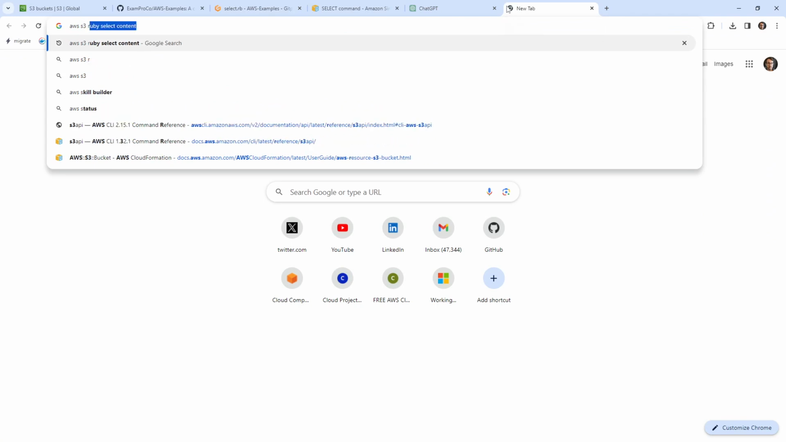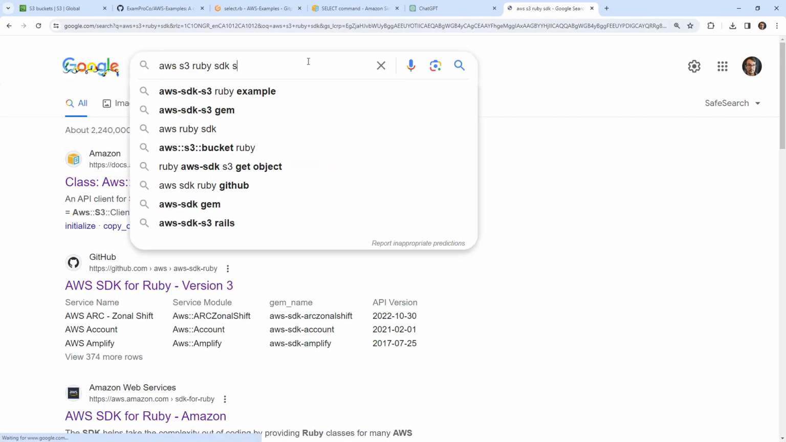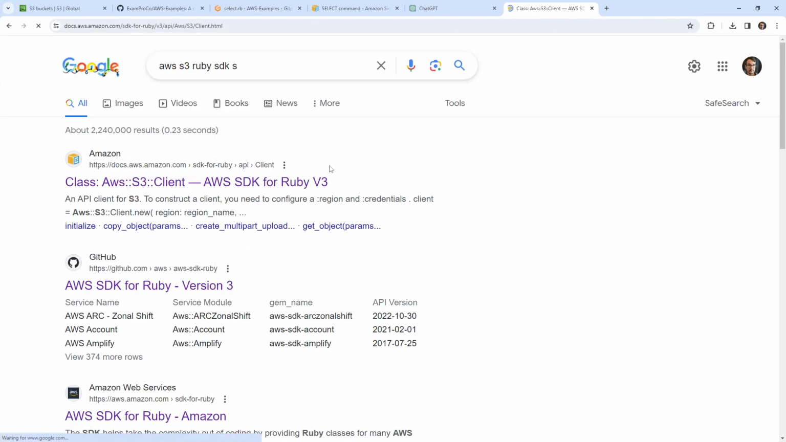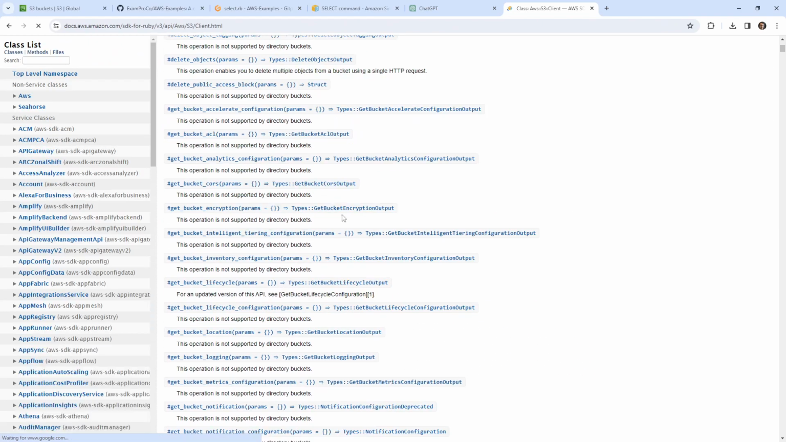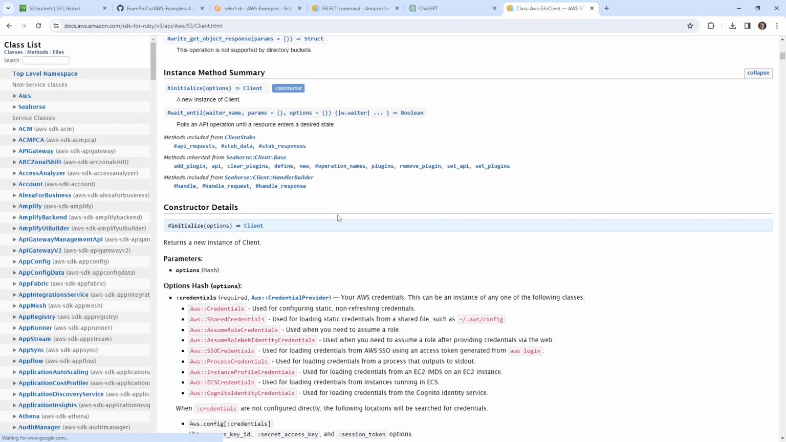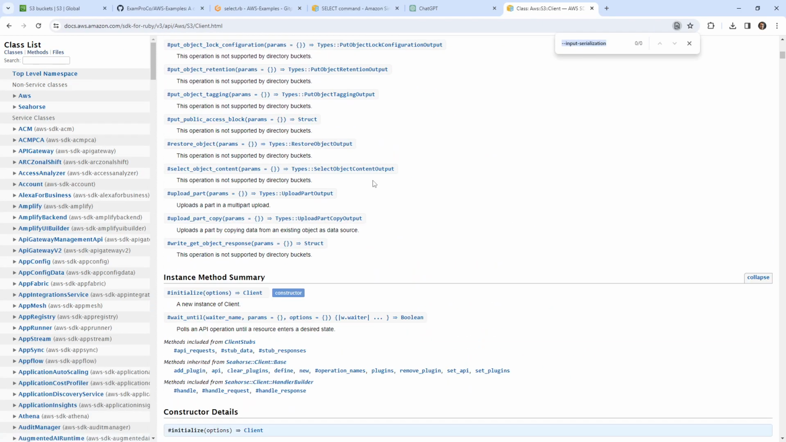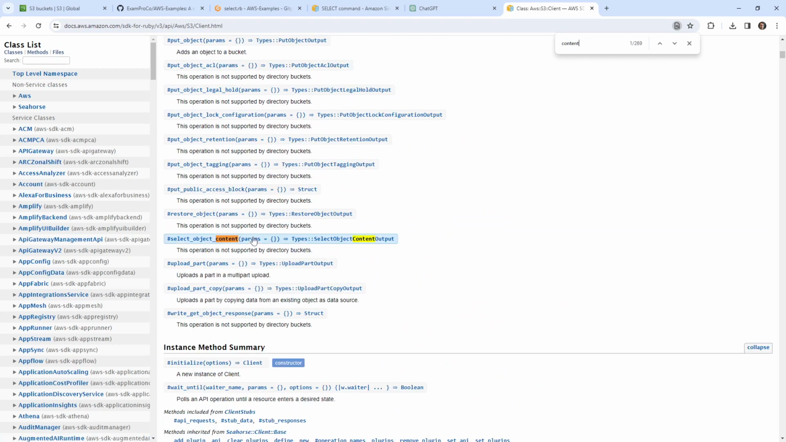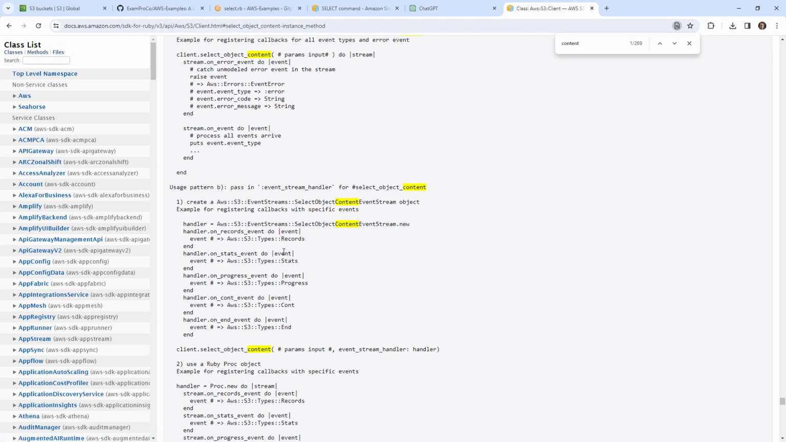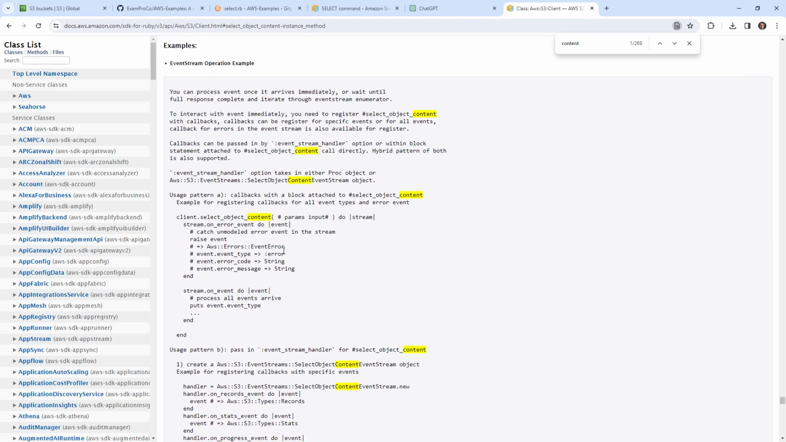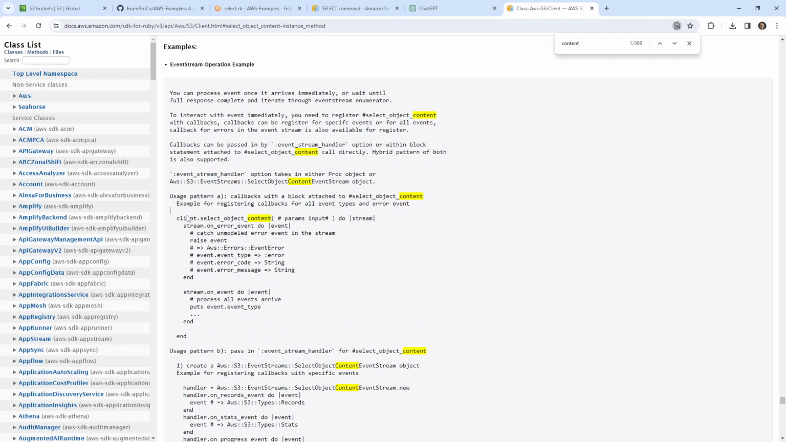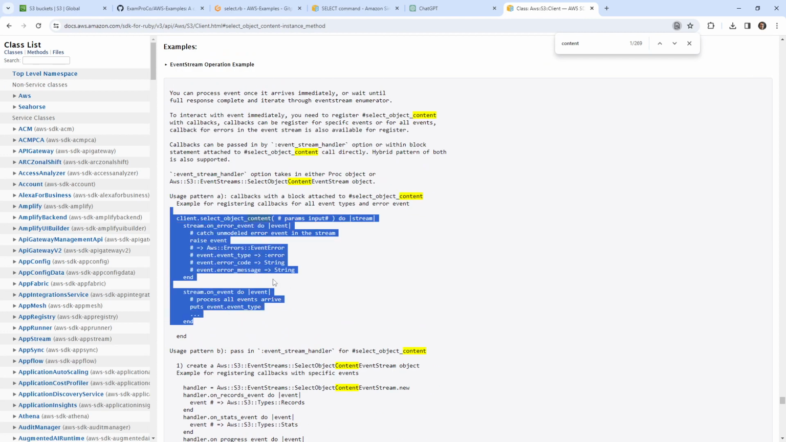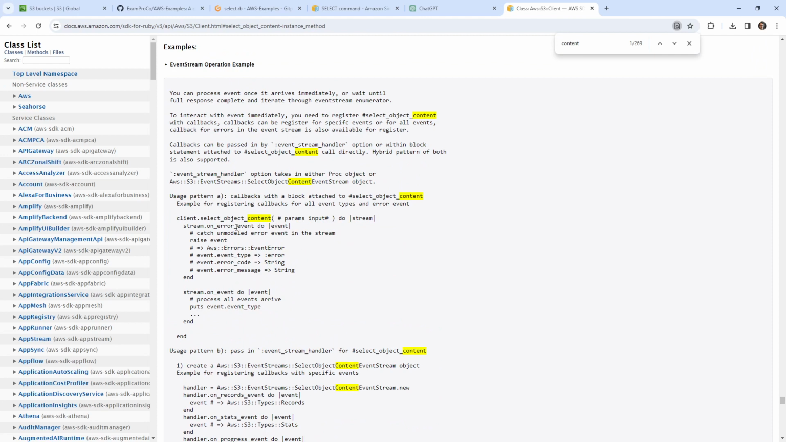AWS S3 Ruby SDK. And so we'll go to the client here. We'll go back down to that copy that we had earlier. So content, select content. And let's see what we need to do with it afterwards. There is a lot of code going on here. So we have like a select. I wish this was highlighted. I don't know why they didn't do that. But you can see here that